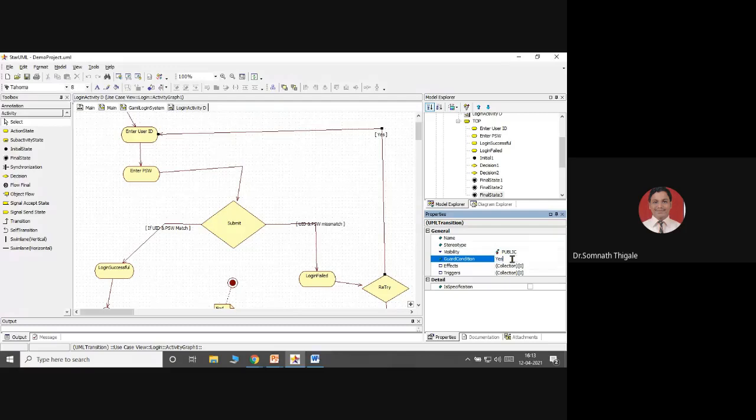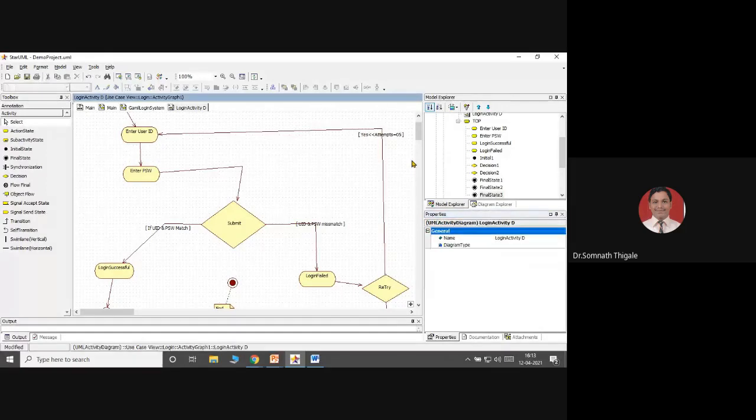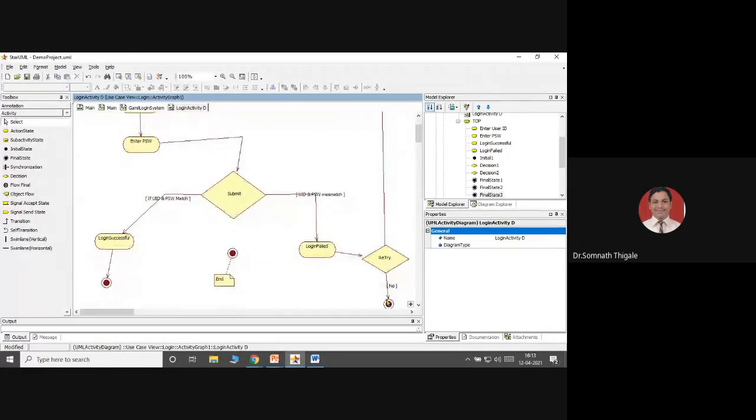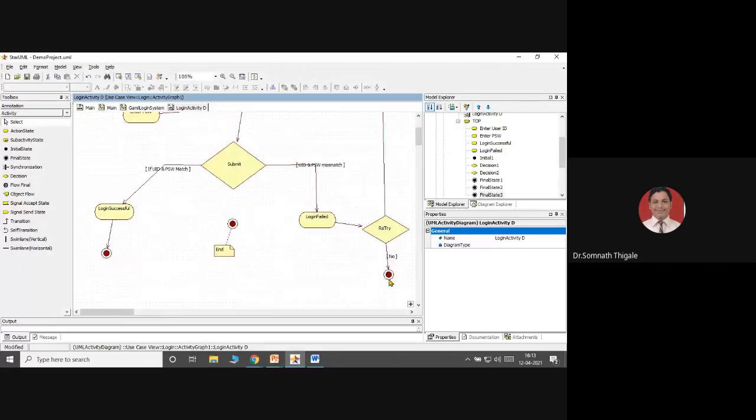Guard condition yes, but provided condition is maximum attempts. Suppose I am giving 5 only. If the number of attempts to retry is 5 in a particular day, then and only then I will allow it to go for this, or else I will directly go to an end option.